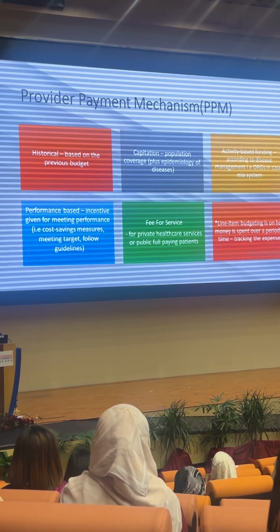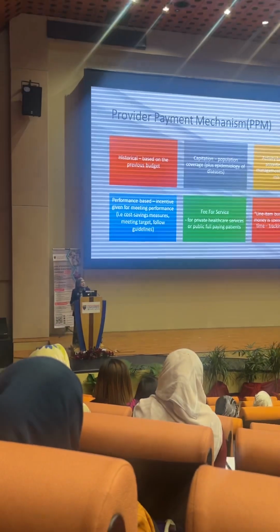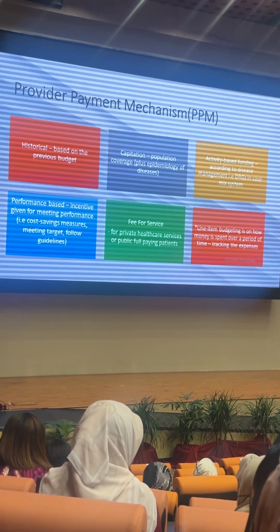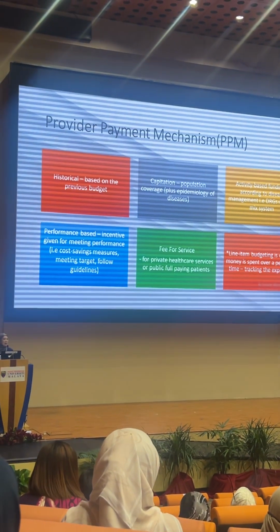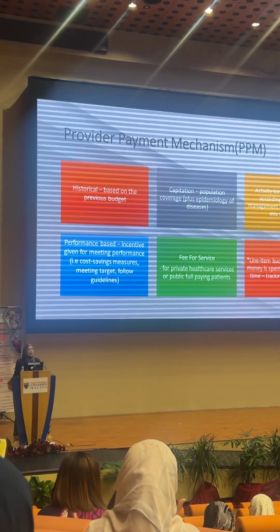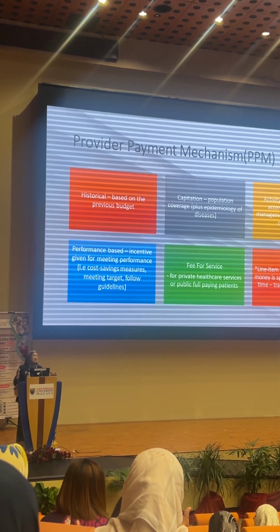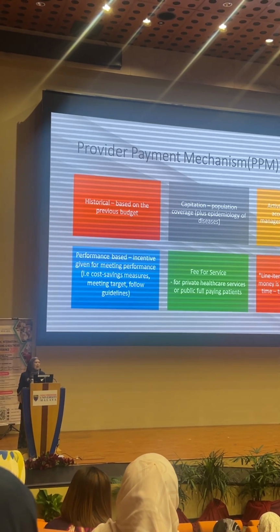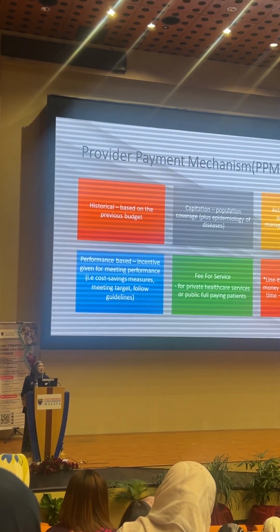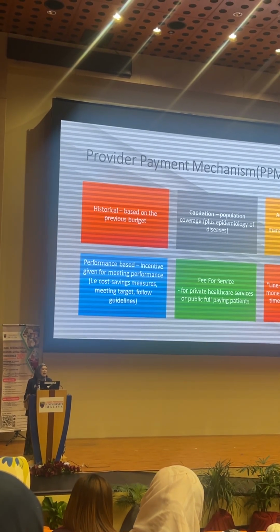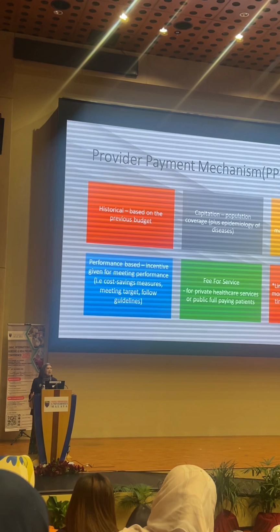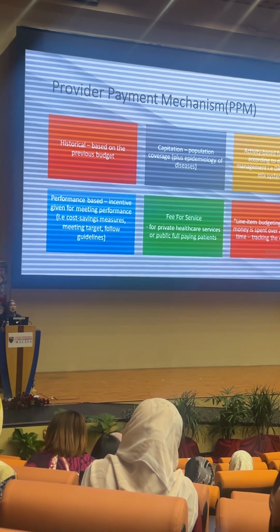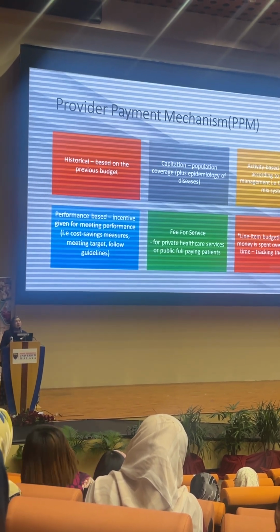Okay, the next one is based on capitation. As you know, many healthcare facilities in many countries were previously paid by capitation. And this is based on the number of population, based on the prevalence of diseases in a particular catchment area. That is also not very encouraging. Okay, again, if a particular healthcare facility's catchment area consists of many elderly, for example, or many people with bad behaviors until they have many chronic diseases, then that budget would not be enough.